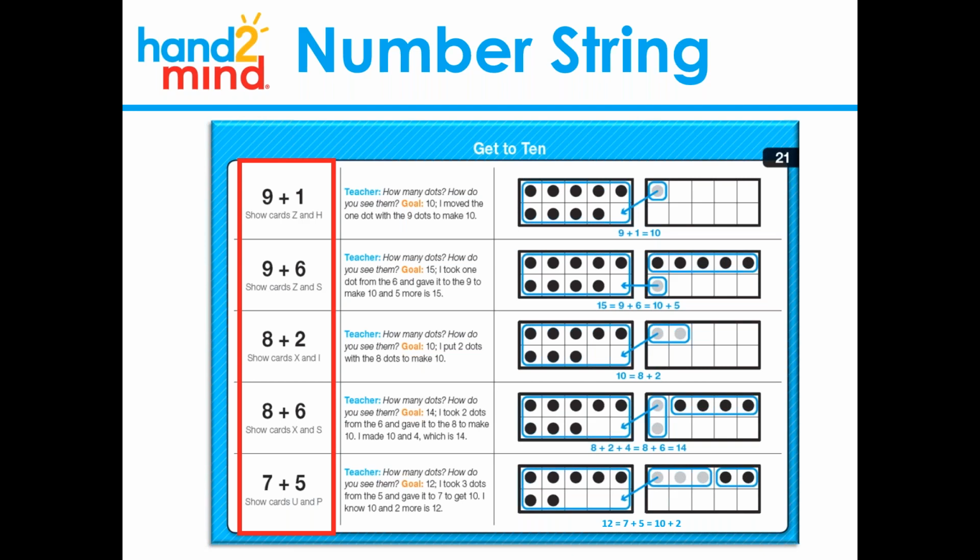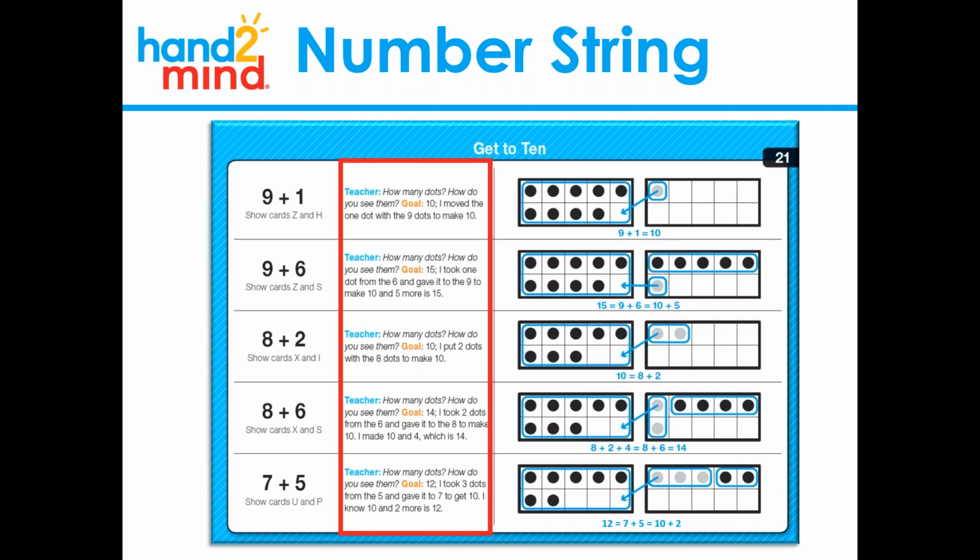And then I give them that 7 plus 5, and you're like, well, you didn't give them 7 plus 3. You're right, I didn't, because now I just want to see, what are they going to do? Are they going to see a relationship? Are they going to try to make 10 on this one, or are they not? It will give me a lot of information about where my kids are and where I have nudged them to go. You will also see that in the middle, you're going to see my questions I ask.